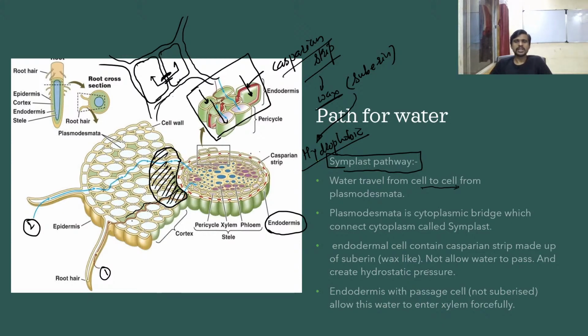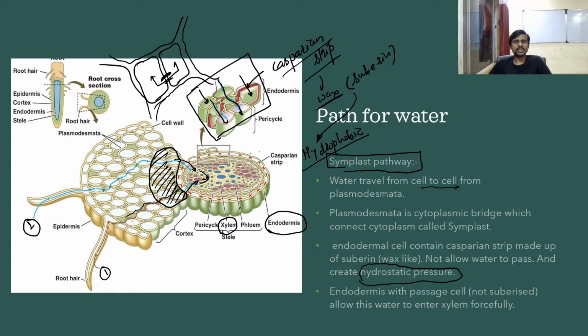The further path of water is blocked by the Casparian strip. Then the endodermis has passage cells, which are not blocked. There are a few passage cells you can see here. Here is a direct path. In these passage cells, suberin is not present, and they allow water, and this water always comes into the endodermis very close to the xylem and automatically enters inside the xylem. It is just because of the hydrostatic pressure which is generated behind the endodermis because of the Casparian strip, and it allows the water to enter into the xylem directly.